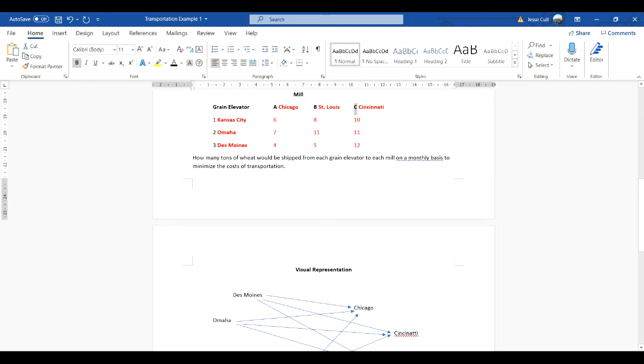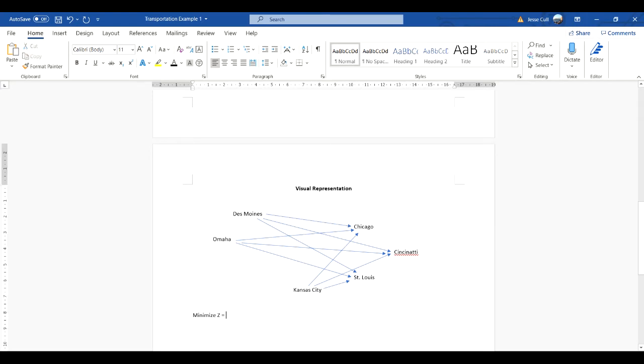1A, 1B, 1C, 2A, 2B, 2C, 3A, 3B, 3C. So minimize, and here we need the numbers, and we have 6x1A plus 6x, instead of 1, we'll call it 1A. And here we have 8x1B plus 10x1C plus